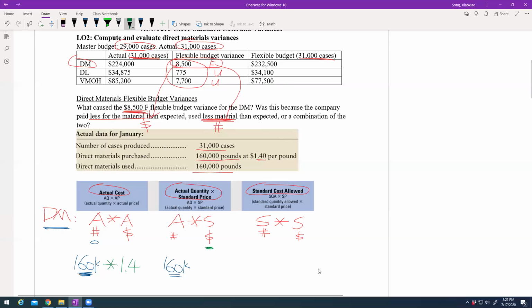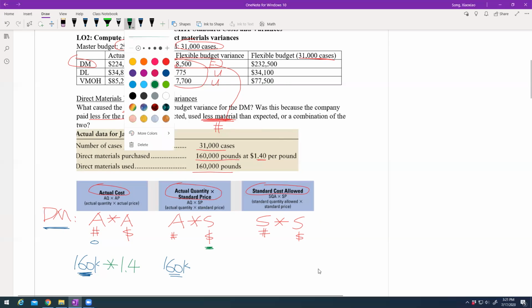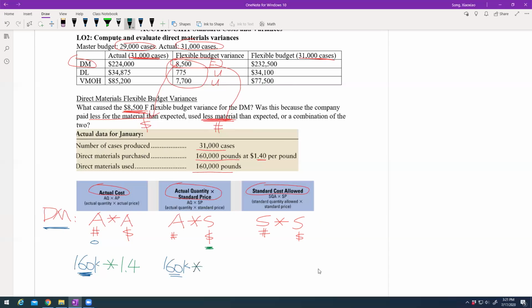Okay, so do me a favor. When you put this standard price of $1.5 per pound,